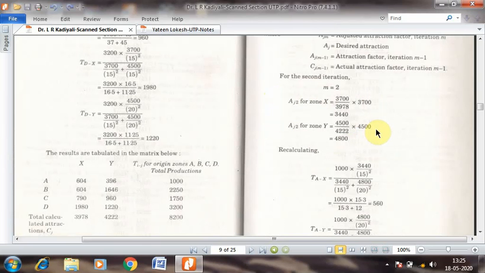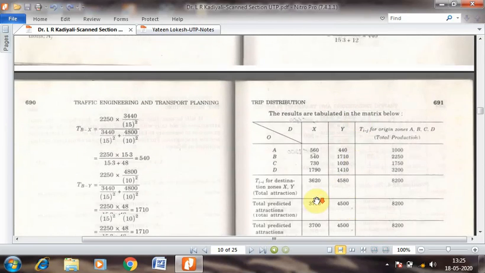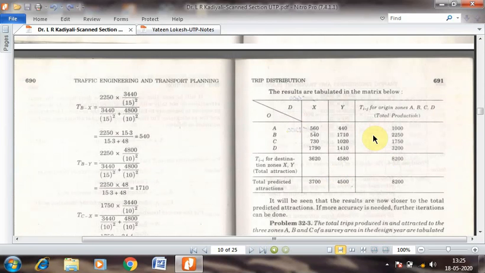So here, if you want to start with the third iteration, m becomes equal to 3. Okay, m becomes equal to 3. So this adjusted attraction factor for zone X would be aj3, and for zone Y it would be aj3 again. And you will be finding the new adjusted attraction factors, recalculating these contents, and then tabulating it like this once again and doing the comparison. So this is how the iterations will be carried out to normalize your solution and do the distributions to the accuracies that you expect.